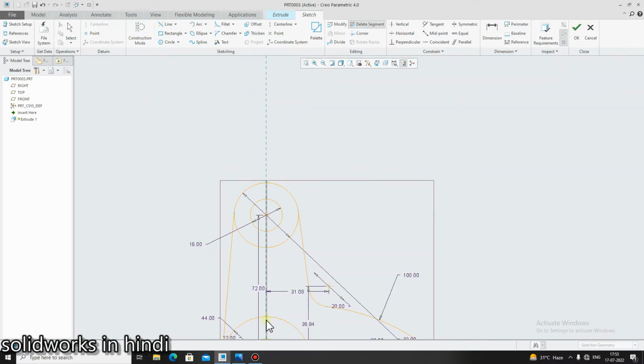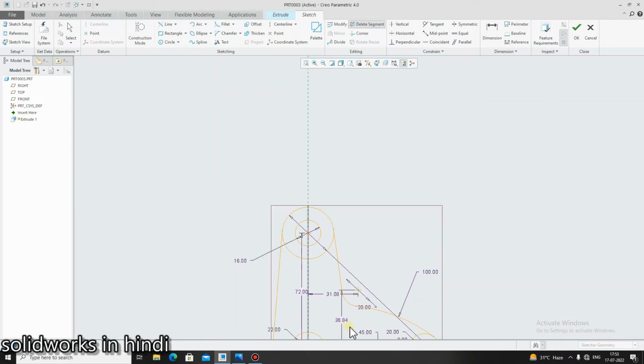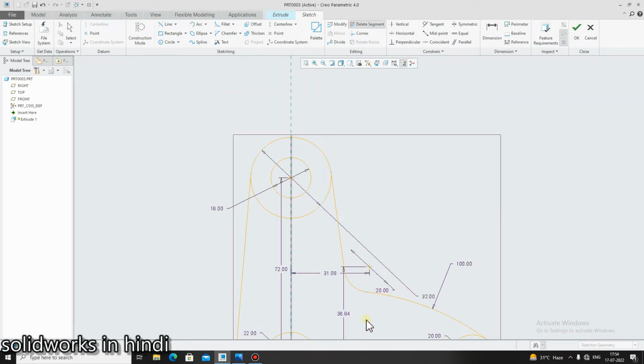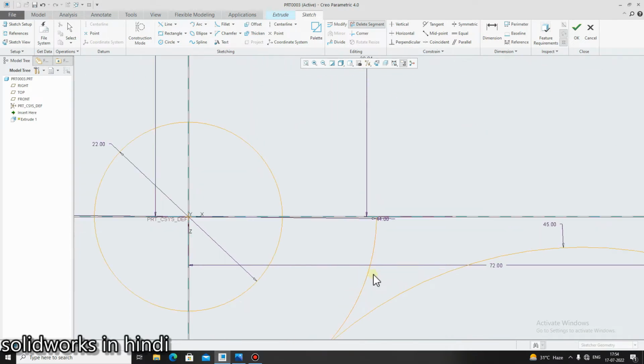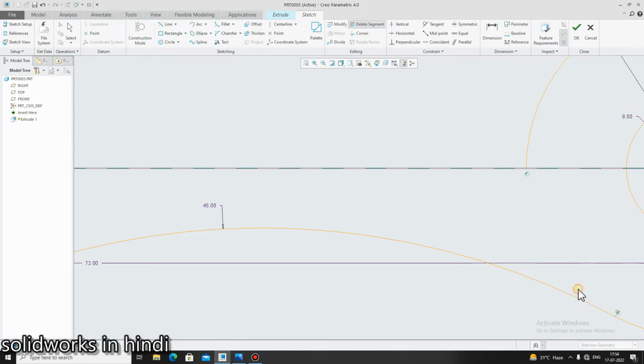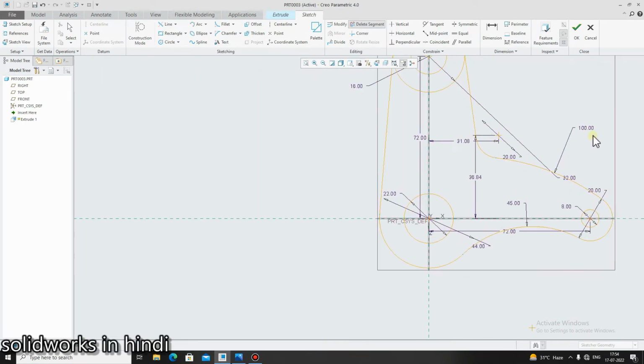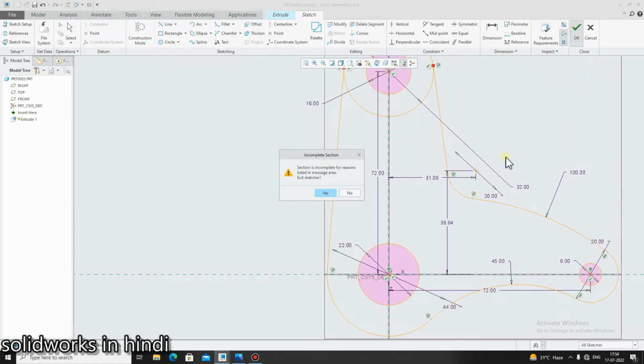Then we will remove this line, okay, drag it, remove this line, remove this line, okay, and click on OK.